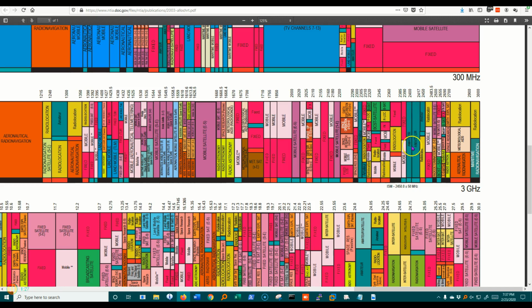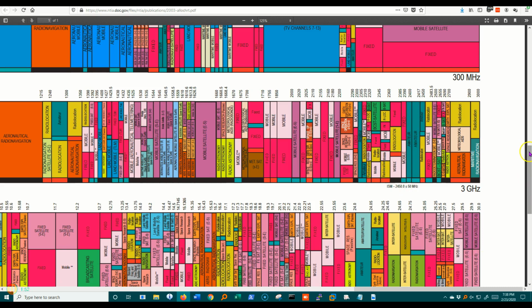And now you can see those 3 little bands here of amateur. So this is basically unlicensed, so that anybody can use it, and this is why we chose this area to put things like cell phones and cordless phones and Wi-Fi and Bluetooth and all that into this area here,